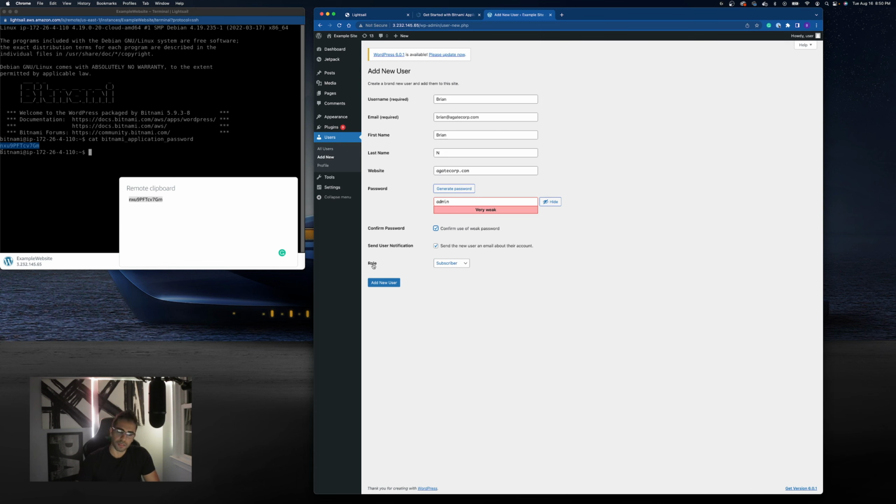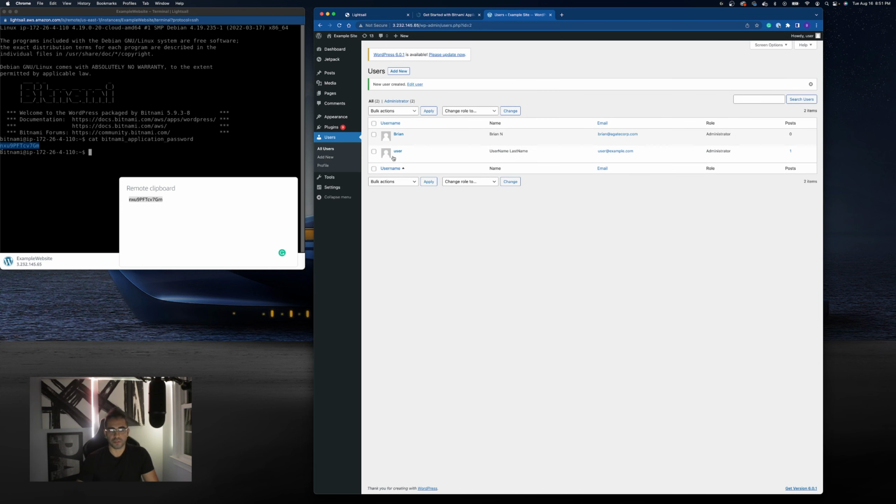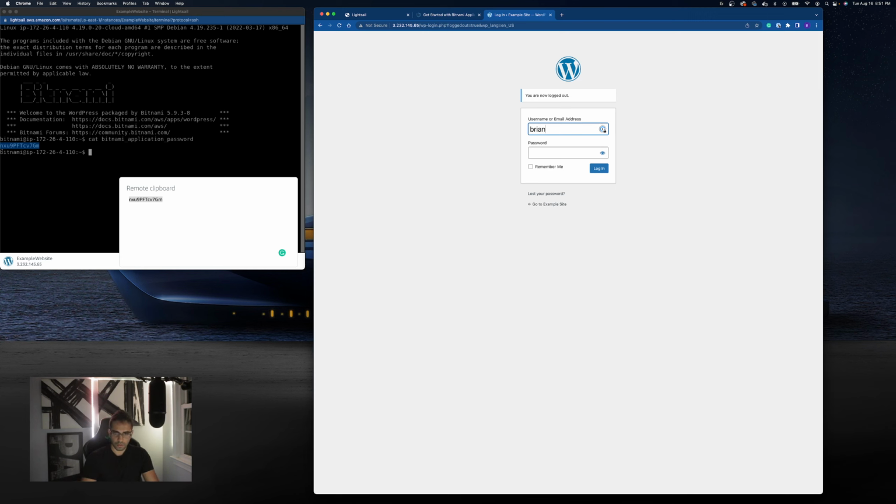And then I will click on the role. You have to make sure that the role is administrator. Otherwise, you are not going to be able to delete that first initial user that the Bitnami and AWS system created. So make sure that it is administrator and then click on add new user. Perfect. So now we have our user here. All we have to do is log out, log in